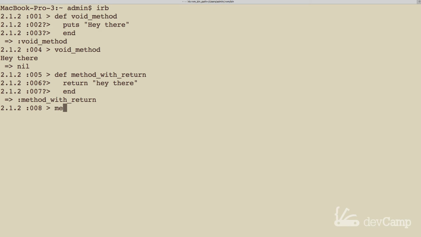So now if I call method with return, you can see that it doesn't print anything out. The same way this printed out, that doesn't happen here. All we have is our hash rocket where it says hey there. You may think that going through this is a waste of time, but this is actually a very important concept because there's a key differentiating factor between these two methods.